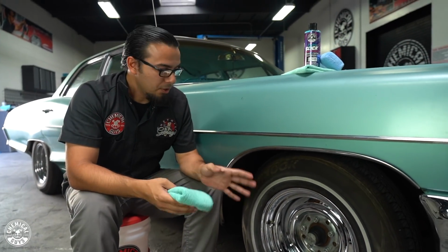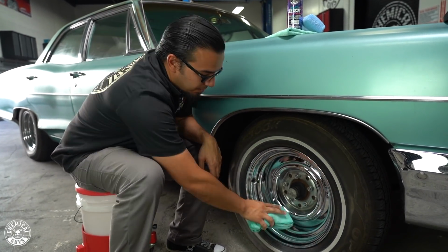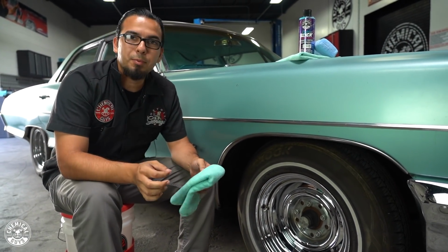So now I've just finished polishing off the rim using some Light Metal Polish, and as you see, it's taking care of the oxidation, any of the light little rust that it had on there, as well as the staining. And it's brought back this mirror gloss. And now, like I mentioned, we're going to go on to our final step, which is going to be protecting it